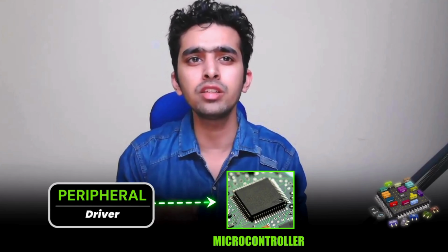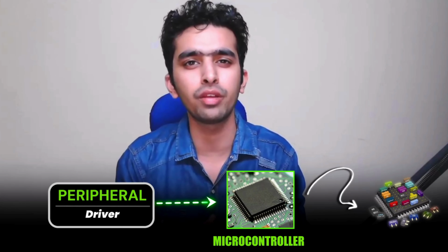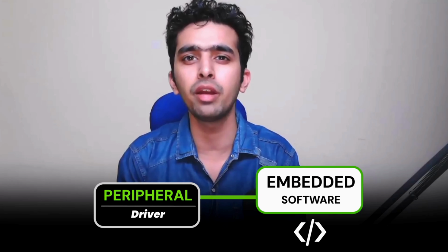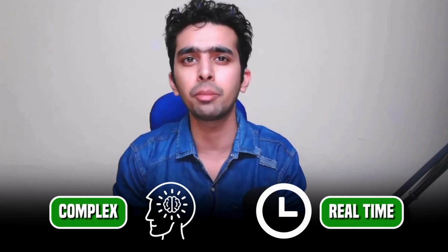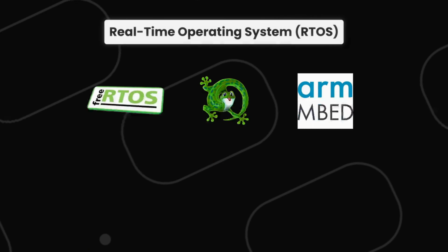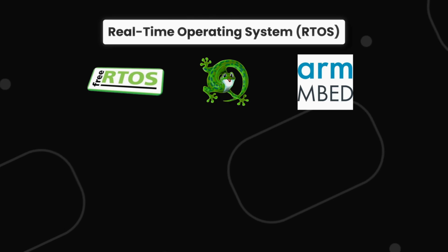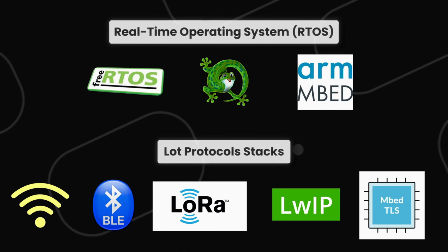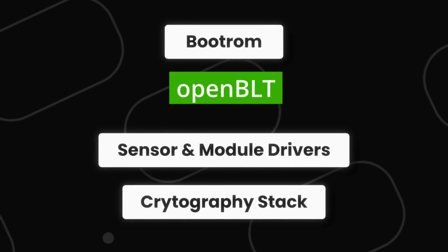After that come the miscellaneous stacks. Peripheral drivers and abstraction layers are stacked to drive the microcontroller peripherals. But with these peripheral drivers, there is use of some other embedded software technologies also to make complex and real-time applications, like operating systems such as FreeRTOS, ChibiOS, Mbed OS, IoT protocol stacks like Wi-Fi, BLE, LoRa, external sensor and module stacks, cryptography stacks, and a number of other stacks. And all these stacks are written using C and C++ programming languages and are used with the microcontrollers.